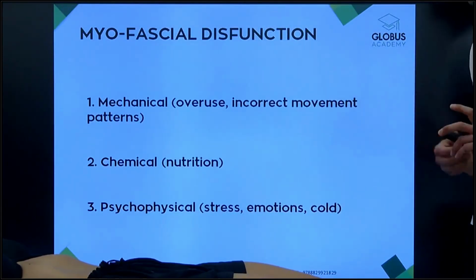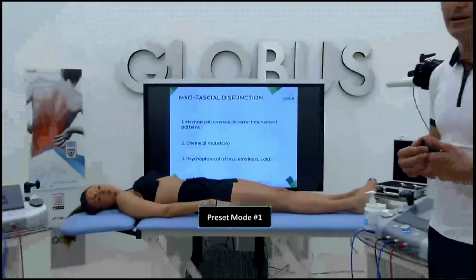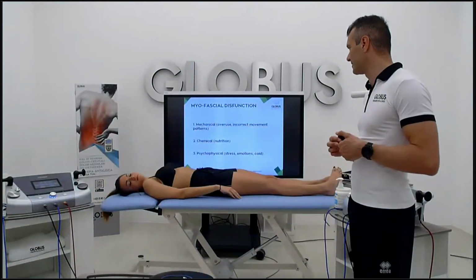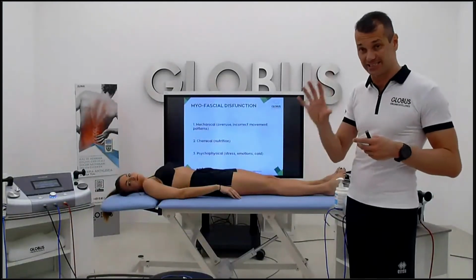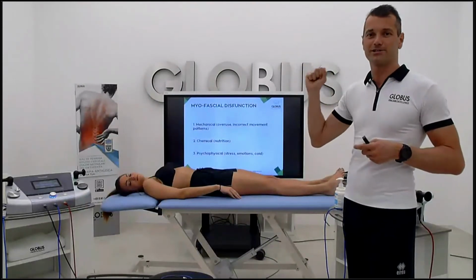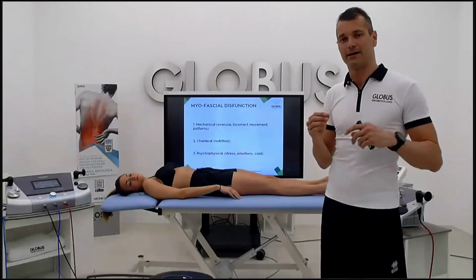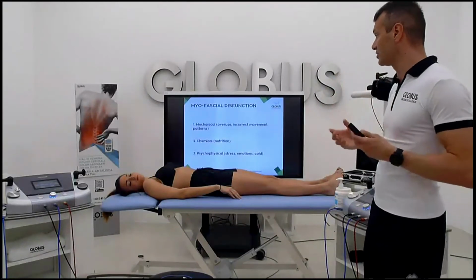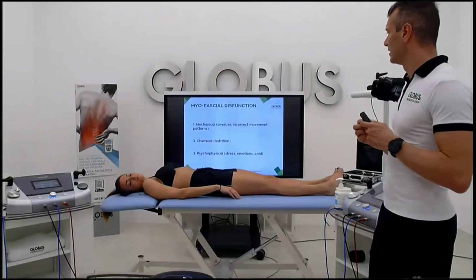The mechanical: let's just think about an overuse, for example. Let's think about a tennis player. I can imagine that for Malvina it could be very often, in day-by-day practice, an overuse, an overload of some muscles, maybe the same muscles, maybe the right hand muscles, because as we know, tennis is a unilateral sport, so there is a kind of imbalance. So maybe we can have some densification, some dysfunction on the fascia.